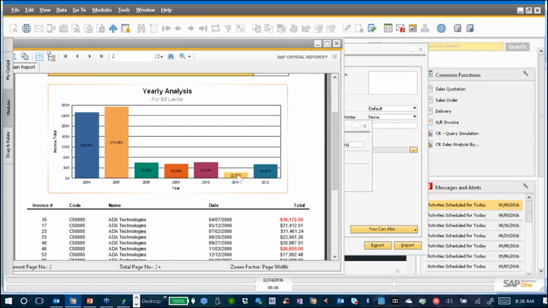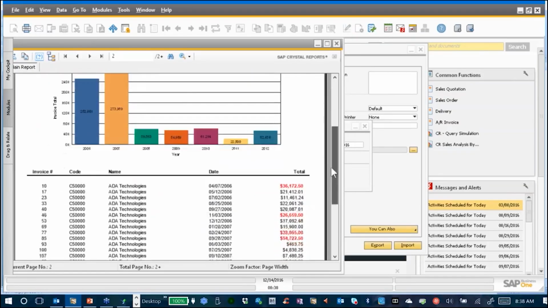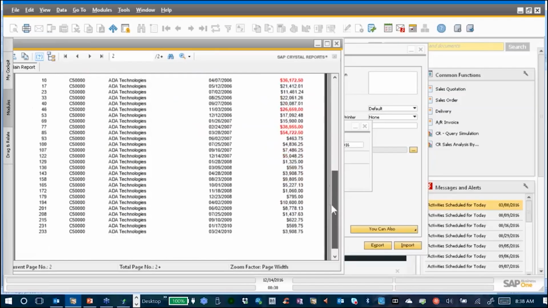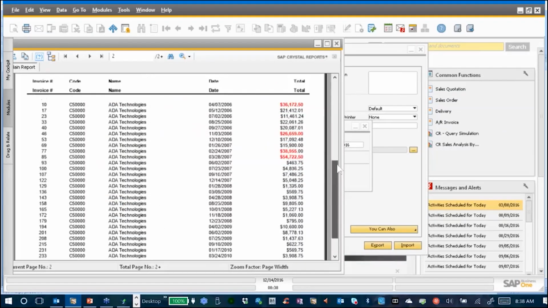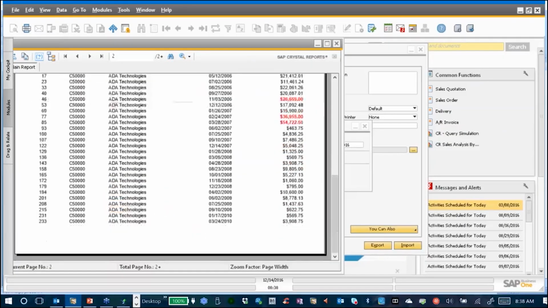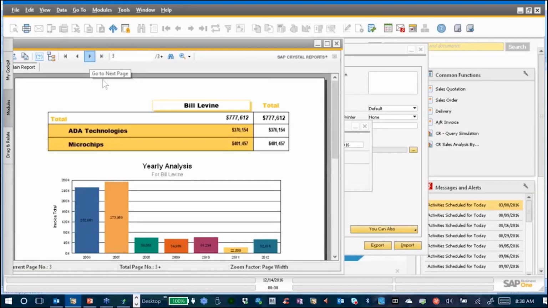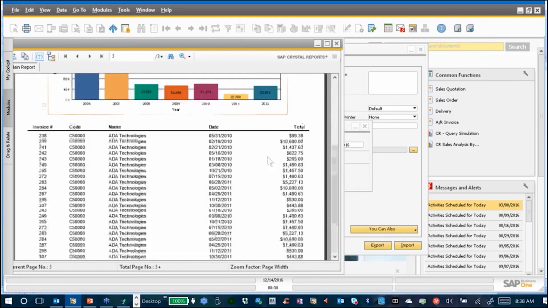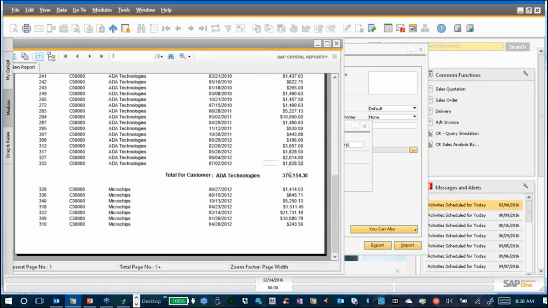And here's by year for Bill Levine, and then it starts giving all the individual invoices, and they are also grouped by company. So just like you can see above, ADA and Microchips are the only two companies. There's all the detail about ADA Technologies, and it goes into the second page even and repeats that header on the second page. And here's the end result of ADA Technologies, and then it starts giving all the detail for